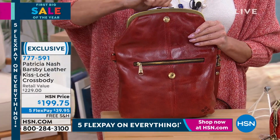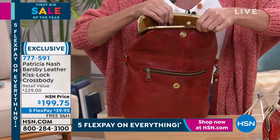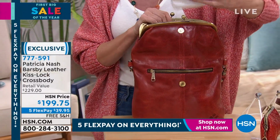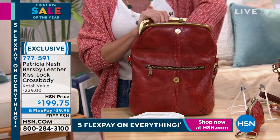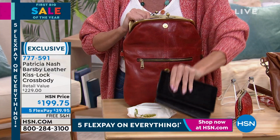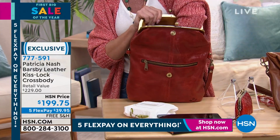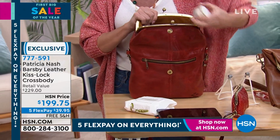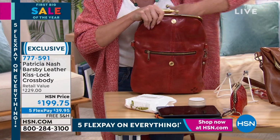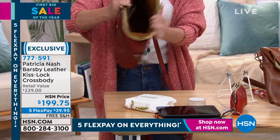So we go up to the top, the little KissLock here. Inside, this is where it's just so amazing. I'm gonna pull some things out, and I don't even wanna say this is a third of what I could put in here, but just to give you an idea, it went past my elbow. You have a little book, you have your Kindle, you could put a smaller iPad in here. Of course, you have all the functionality that Patricia puts in all of her bags, full zipper all the way across,